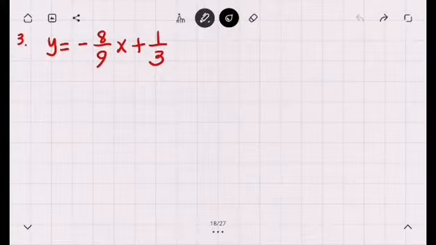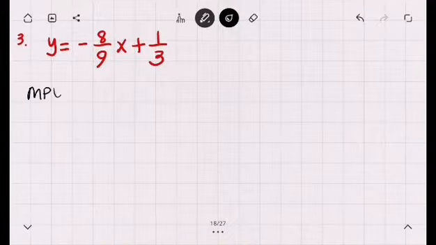Okay, so let's proceed to our last example. We have y equals negative 8 over 9x plus 1 over 3. So, kung mapapansin nyo, yung coefficient ng ating variable na x is a rational number, same as our constant, na mayroong magkaibang denominator. So, we have 9 and 3. So, first step is for us to apply yung ating multiplication property of equality. So, both sides, magmumultiply tayo nung LCM nung 9 at 3. So, ang LCM nung 9 at 3 ay